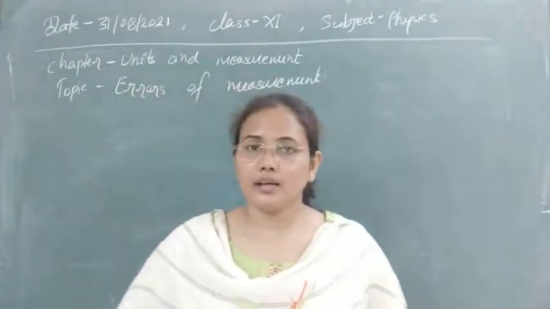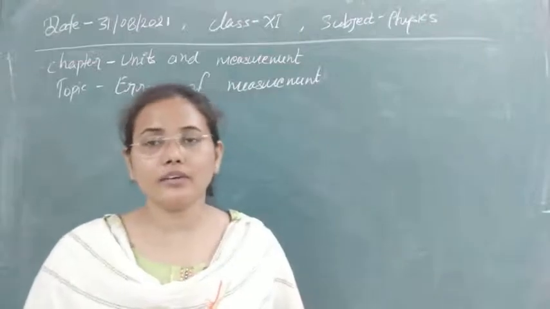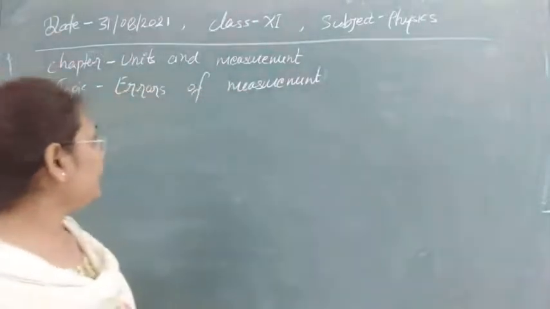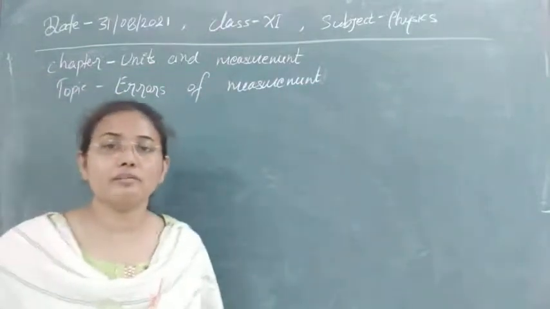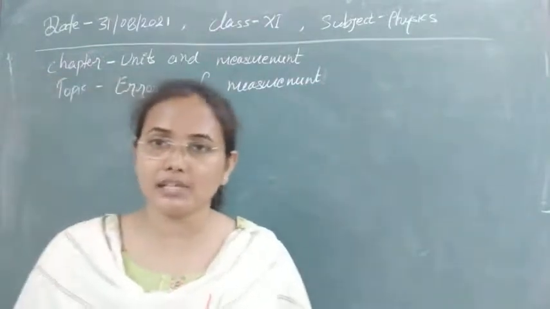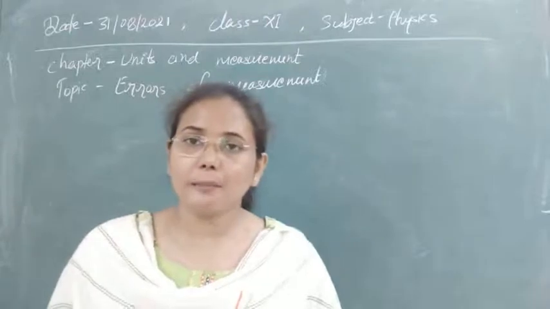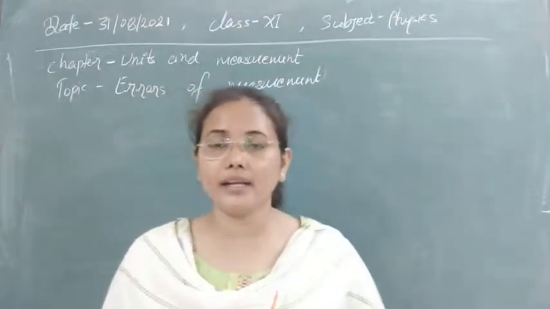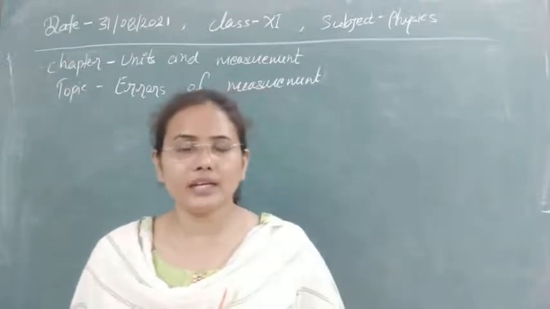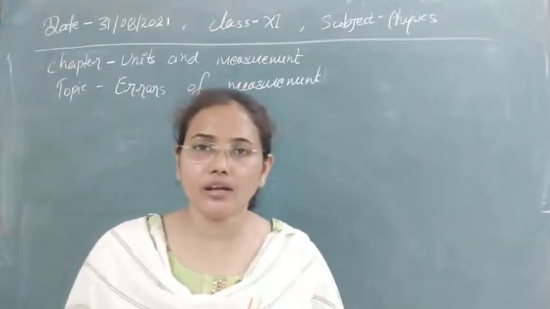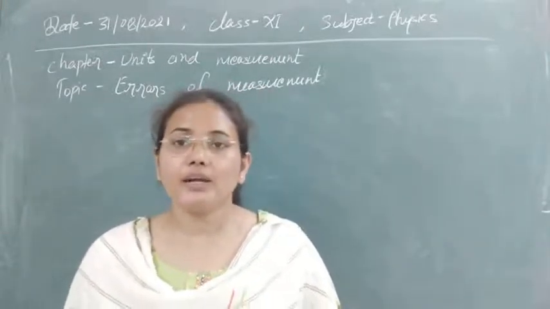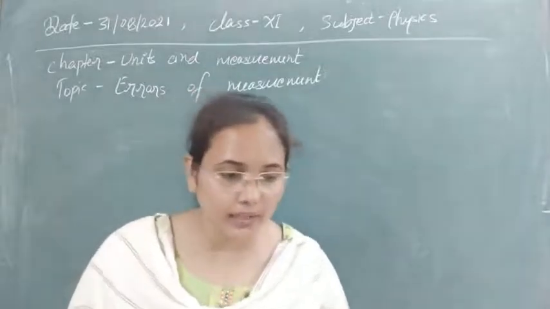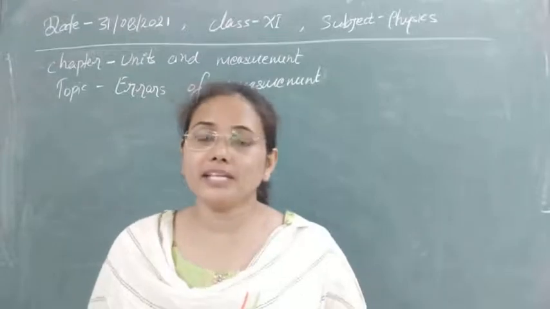So today again let's discuss further in our chapter, units and dimensions. The next topic is errors in measurement, after the discussion of dimensional analysis. Up to now, we have discussed how to measure some physical quantities. After measurement, how can we check whether our measurement is correct or not? We do it by comparing it with the standard quantities or standard measured value.